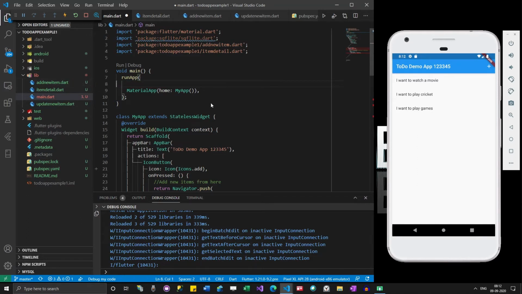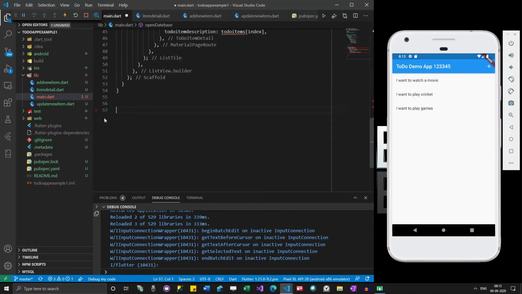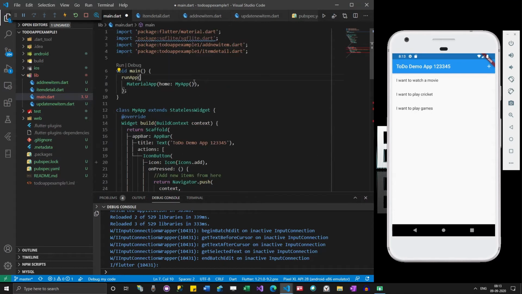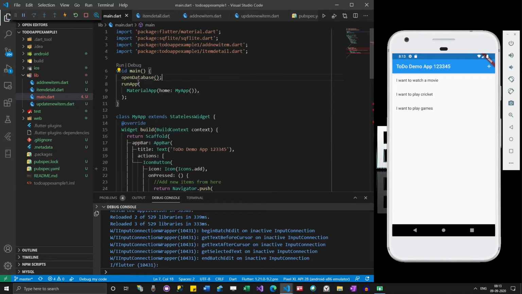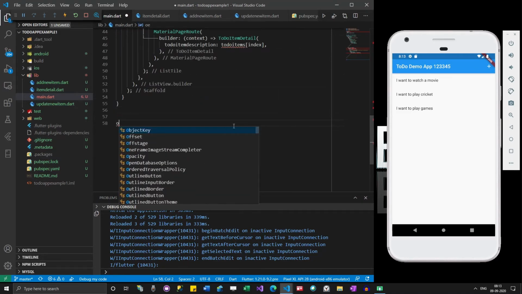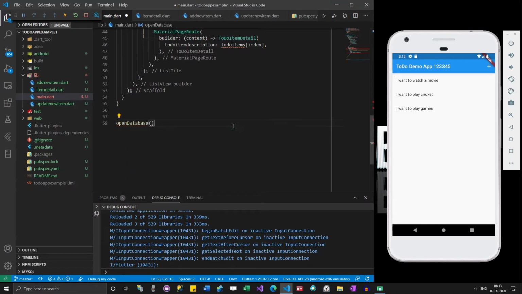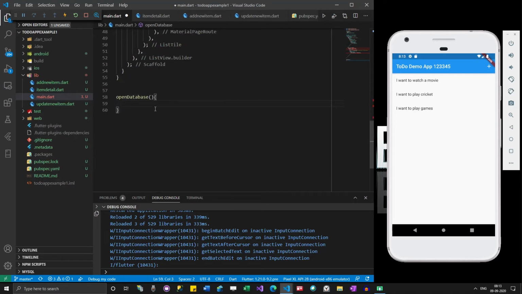Okay, I think, so let me open the database. Okay, so here I'm going to add some code which will actually open the database. Okay, so final database is equal to open database of.